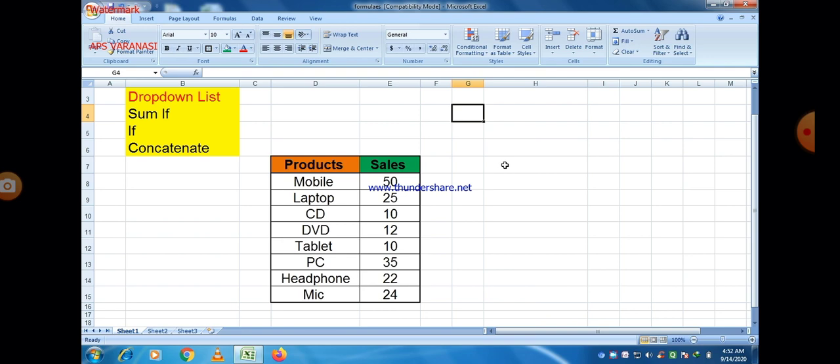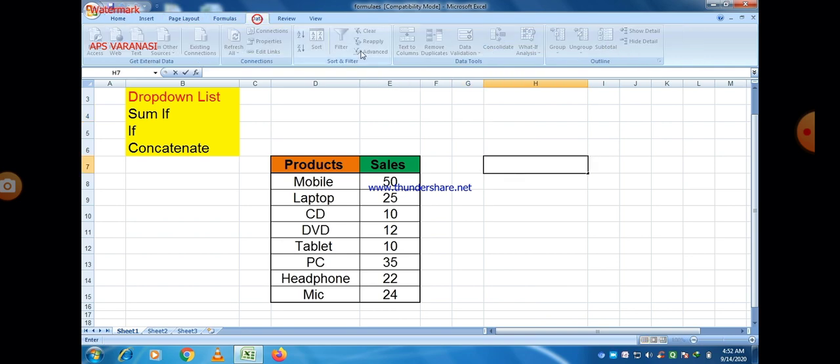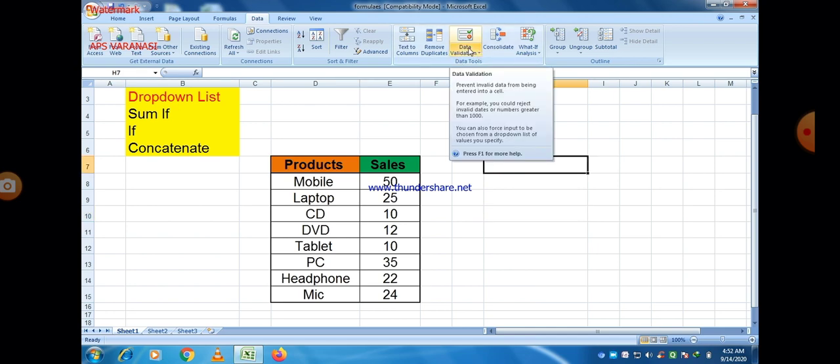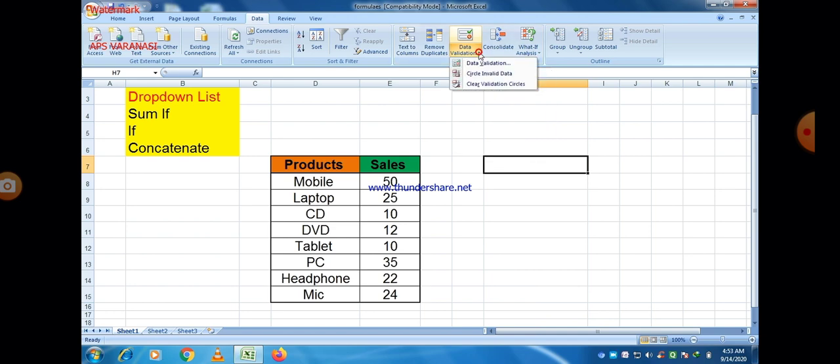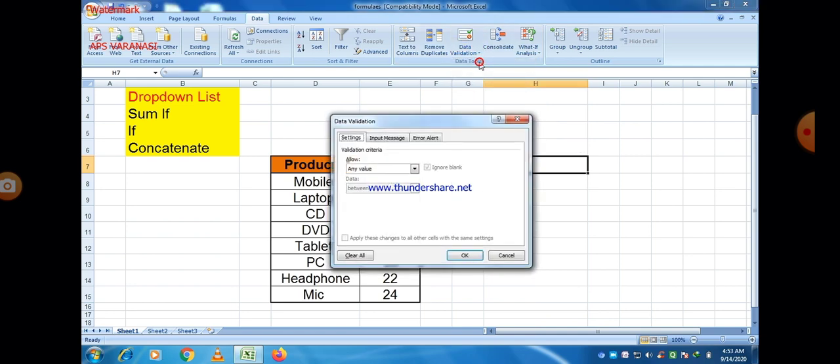Okay, I select a cell here, and then go to the data option, and there is a data validation option. Just click on the data validation option and then click data validation. Here different values are there, allow. So we select a list out of the different options to implement the list, and there is another option, source. So we have to select a source.